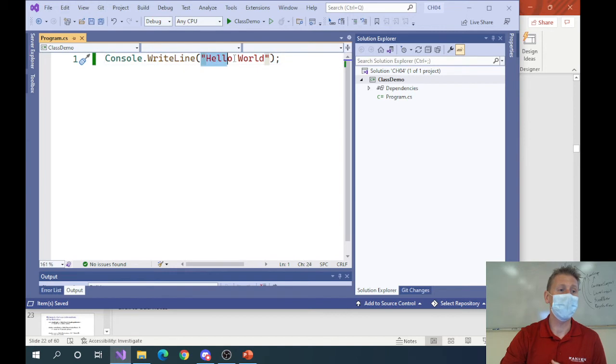And inside of the WriteLine method, there is a coded value, to be specific, that's called a string literal. You're coding in a string literal here. It's a literal value. You're coding it into the program, and you're taking that string literal and giving it to the WriteLine method. It's called passing it. You're passing it to the WriteLine method.